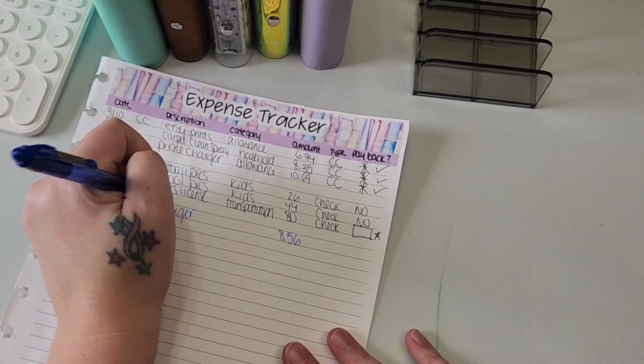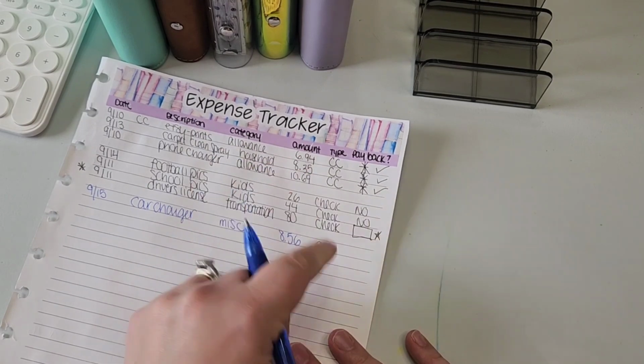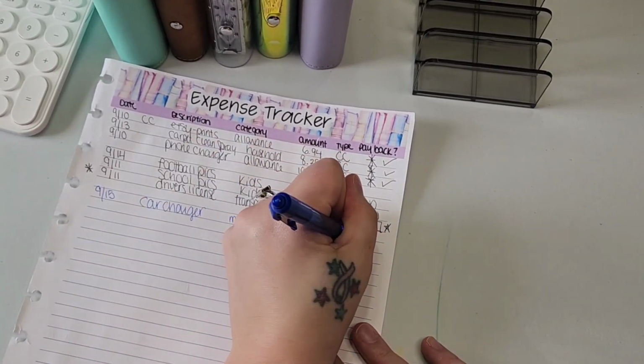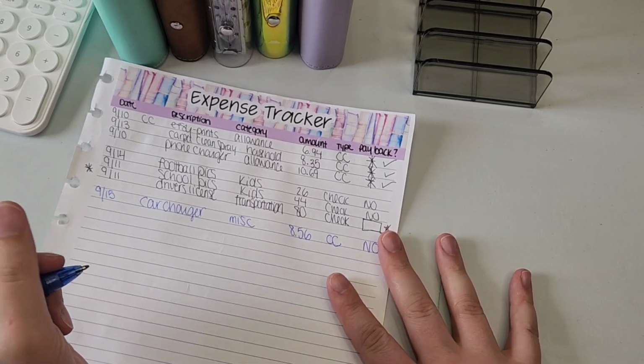$8.56 at the dollar store on a car charger. I'm not paying that back to the bank. I put it on the credit card and it's going to come right out of the bank account as miscellaneous. I have no plan to pay that back with cash. The next purchase was,